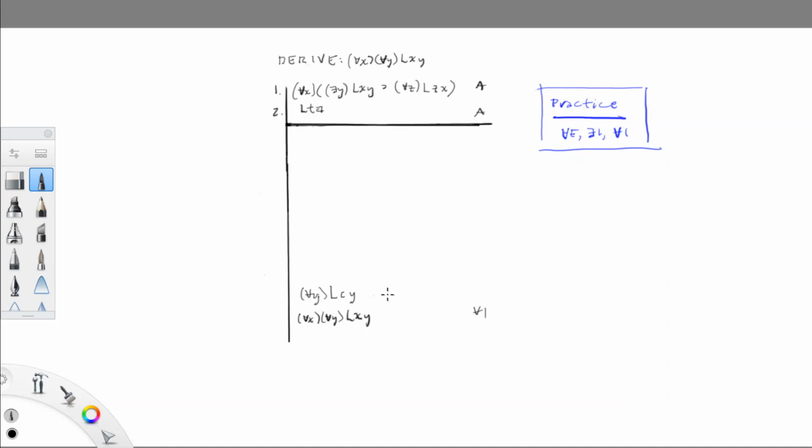I'm not sure how far ahead you've thought, but if you thought that far ahead, you might also have thought, well, if we're going to get this universal generalization by Universal Introduction, maybe we'll get this universal generalization by Universal Introduction as well. That's a good strategy. And so again, the rule takes as input an instance of that generalization. And